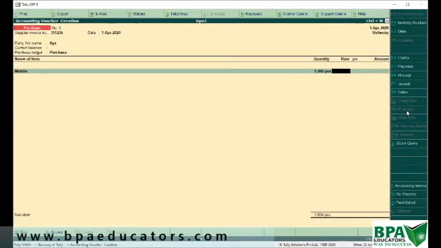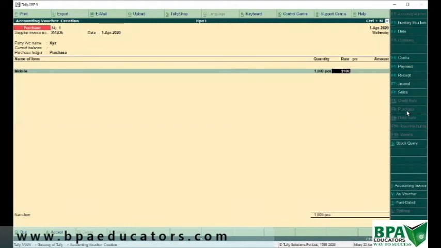Here what we have to take care of is, first we put the symbol of the currency we want to use, so that the system understands that we are entering the transaction in that currency. For this transaction I'm using dollar. So here I have put the dollar sign, and let's say one phone is $100.